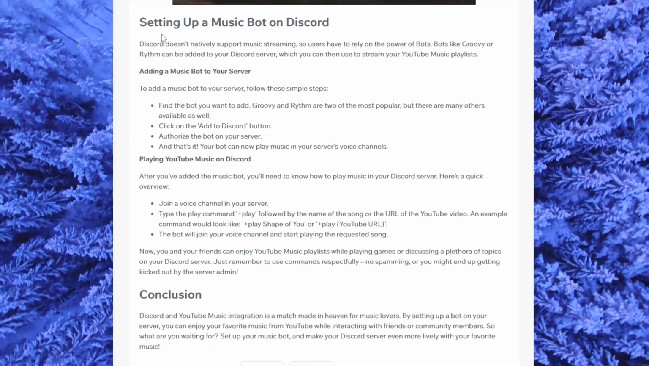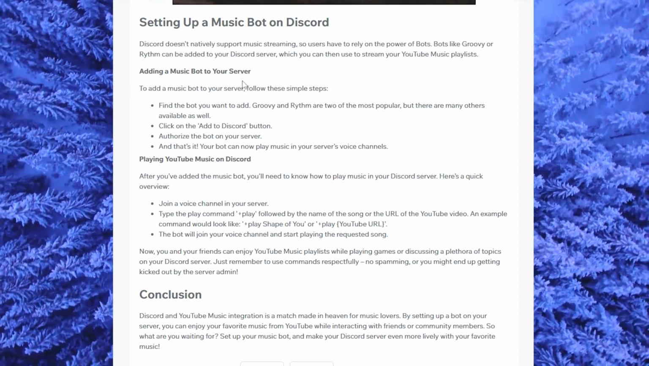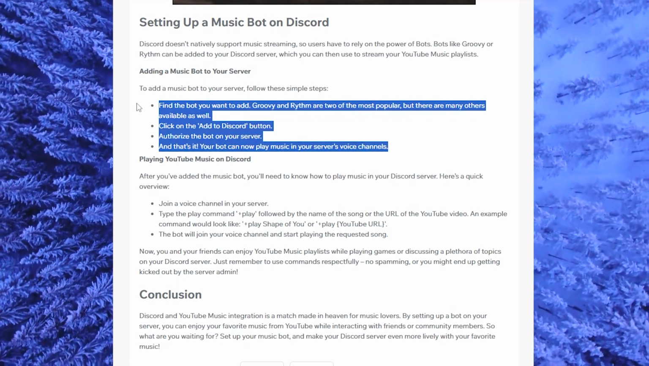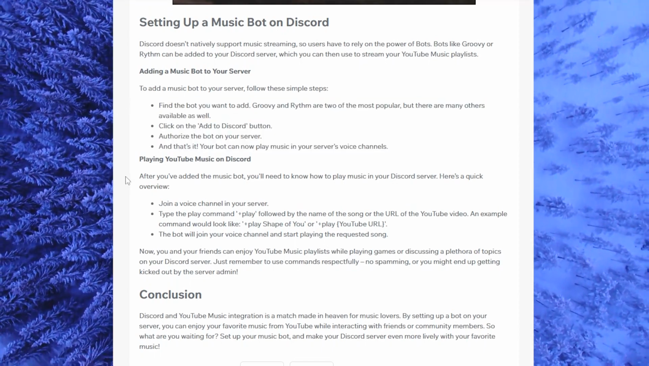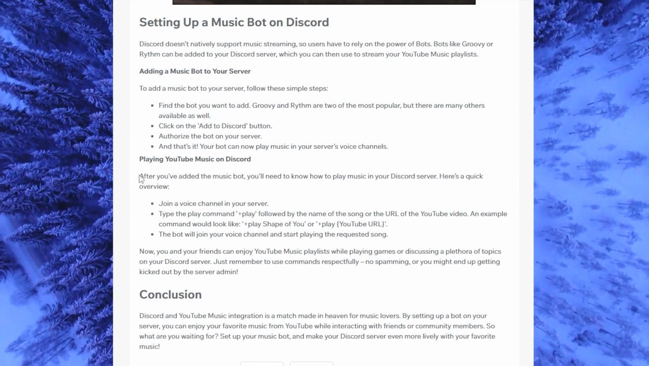All right. So to set up a music bot on Discord, add a music bot to your server. To add a music bot to your server, follow these simple steps. I'm gonna narrate them. Just pause the video, and after you have installed the music bot, to play YouTube music